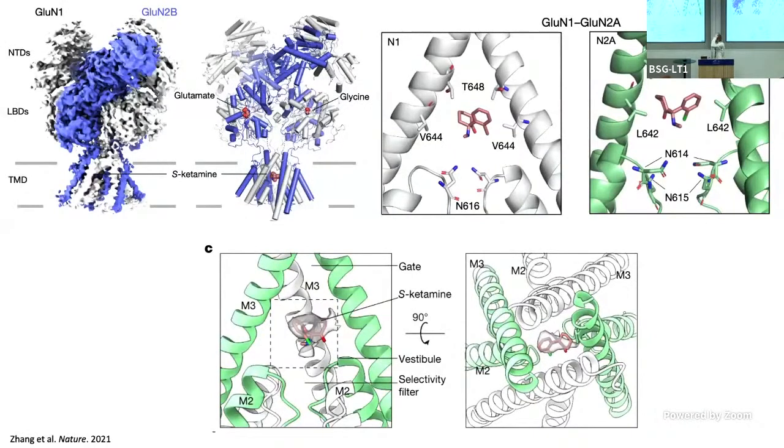So a really cool study in Nature came out where they actually solved the binding mode of R- and S-ketamine inside 2 different NMDA receptor subtypes. And this kind of confirmed a lot of work over the years of mutating residues to predict where ketamine was binding, but now we can actually see it with these cryo-EM structures. And sure enough, it was right inside that channel, blocking the selectivity pore for calcium. And you see it's in this vestibule region. This is a really cool study, and they did molecular dynamics. You can see how it moves around in the binding site. I would definitely check that out.